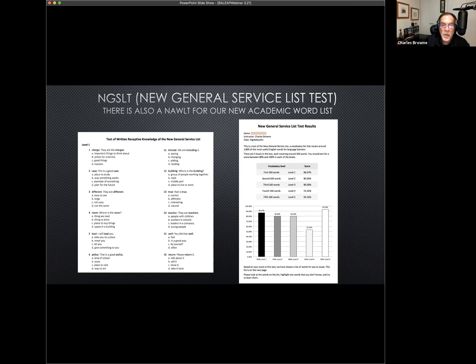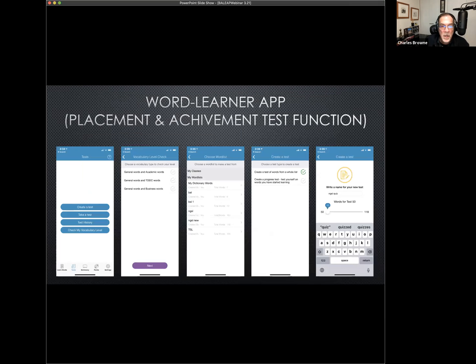And then we've also created tools so that you can send the students right to resources that help them attack those weaknesses. I also have an app that I developed with Rob Waring, who's very well known in the field of extensive reading, and we developed both extensive reading websites and also vocabulary learning tools together. And the vocabulary learning tool that probably most people know about is called Word Learner,